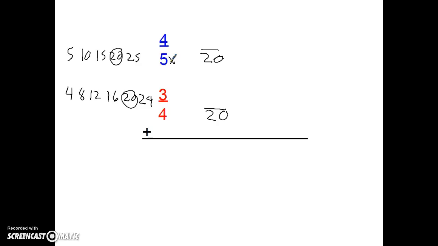So what did I have to take the 5 times? 5 times 4 gets 20. If I take the bottom of this fraction times 4, I'm going to take the top times 4. So 4/5 is really the same as 16/20. 3/4, I'm doing the same thing down here. I had to take the 4 times 5 to get to 20, so I'm going to take the 3 times 5, which equals 15. So now my new problem is 16/20 plus 15/20, which is going to give me